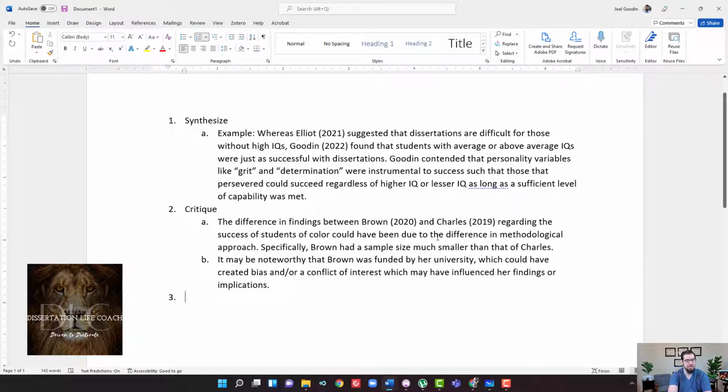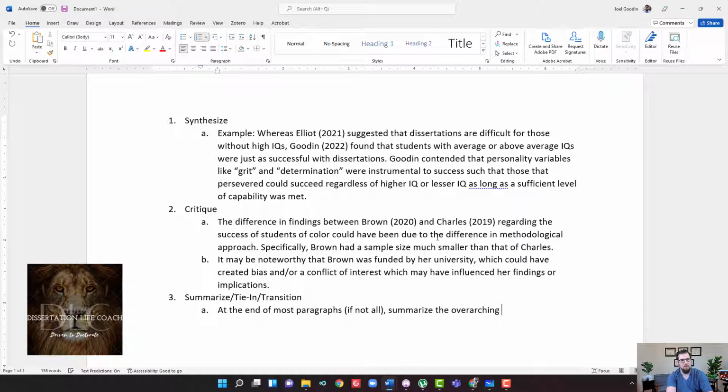Then I'd also say summarize, tie in, transition. At the end of most paragraphs, if not all, summarize the overarching info that was presented and tie it to how you might approach the study differently.